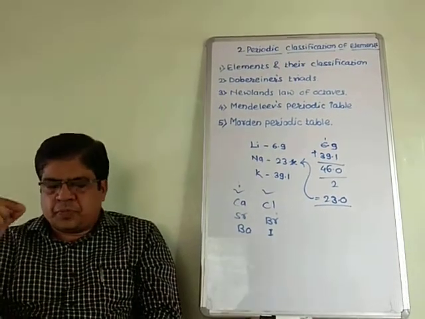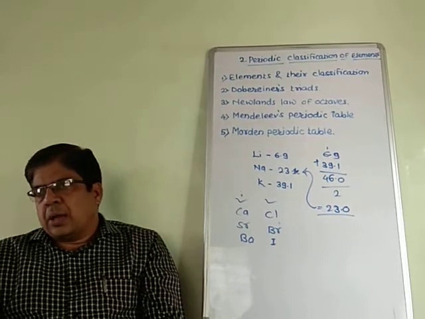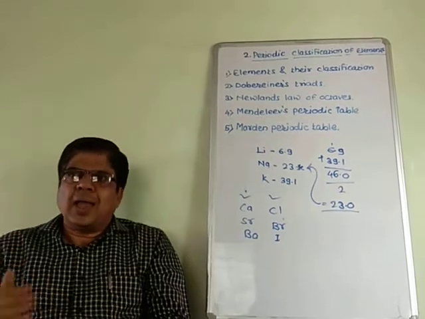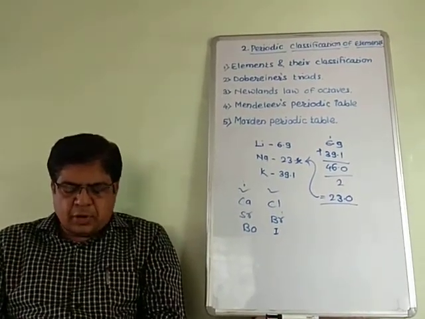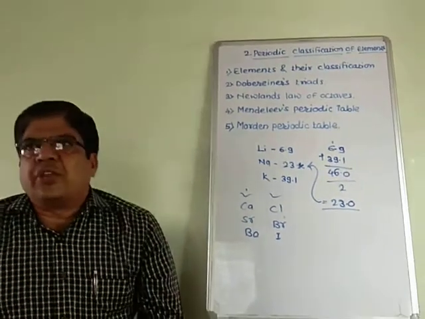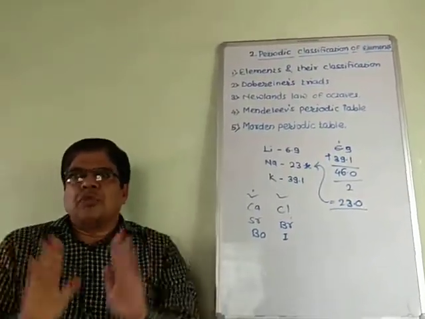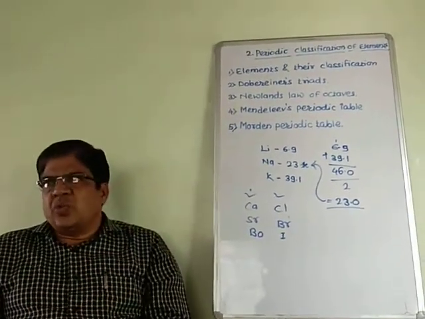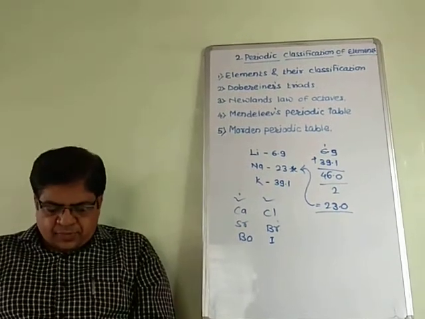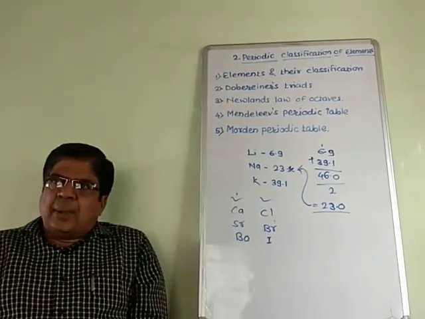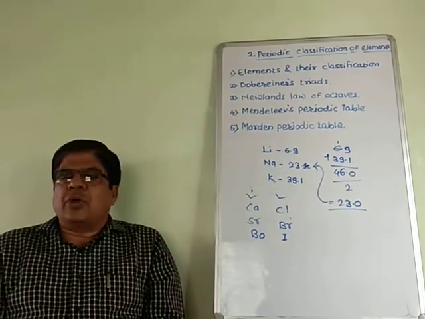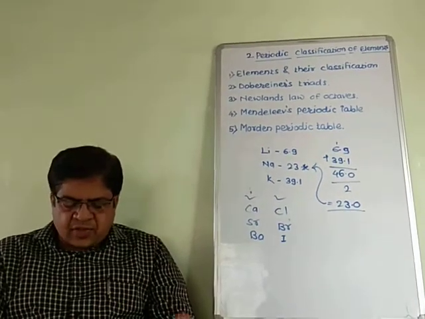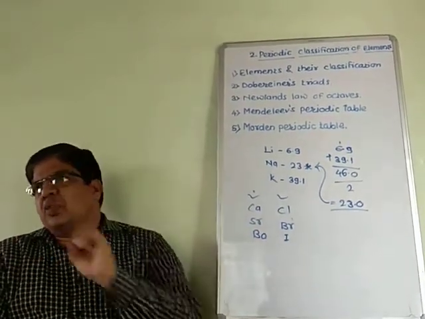Okay? Some concepts are not understood easily and cause confusion to the students, so I will clear them again. In the modern periodic table, periods and electronic configurations, to clear the confusion of the students: in the modern periodic table there are 7 horizontal rows and 18 vertical columns. The change in valency of elements varies with electronic configuration. As electronic configuration changes, their valency changes, and their period and the element's position change.